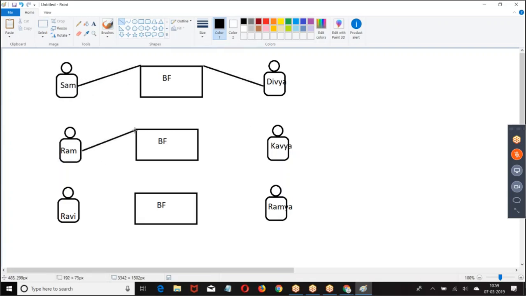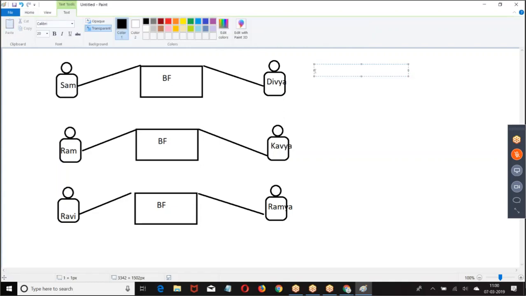Now, it is automatically understood that if you say this Ravi is a boyfriend of this Ramya, he is offering some services. Some mandatory services are there. Now, these are mandatory. Beyond that, if you want to provide your choice, but there are some mandatory services. Now, when you say Shyam is a boyfriend of Divya, it is automatically understood that he is providing some transport facility, shopping.